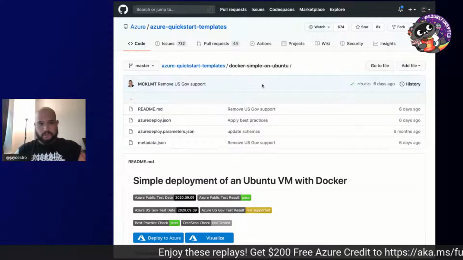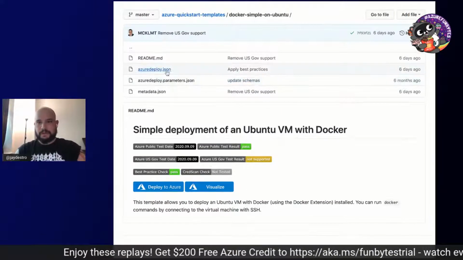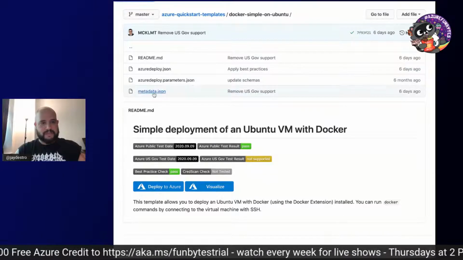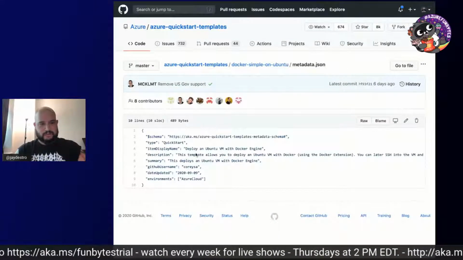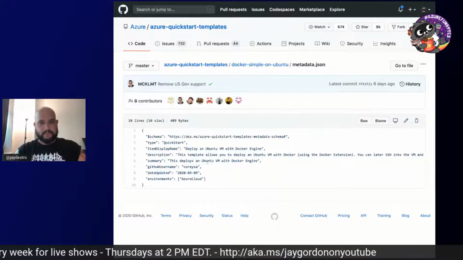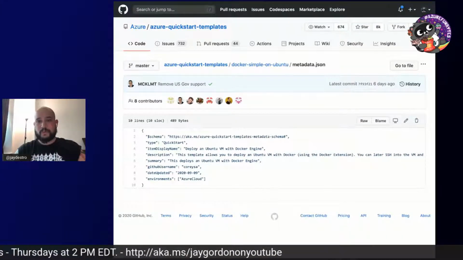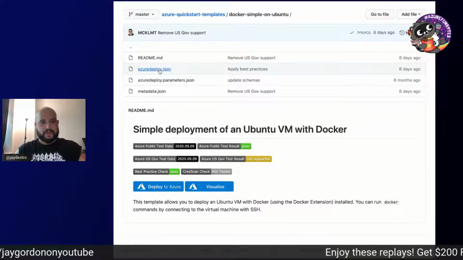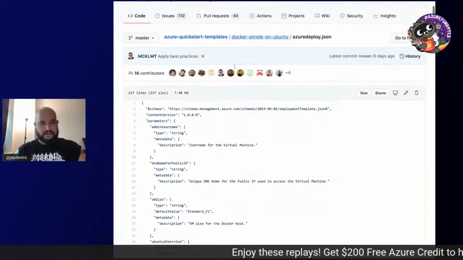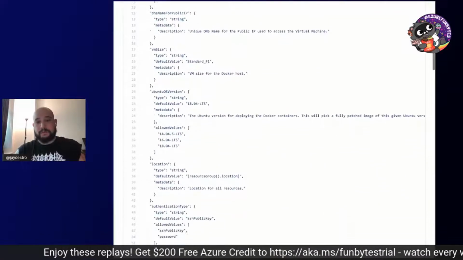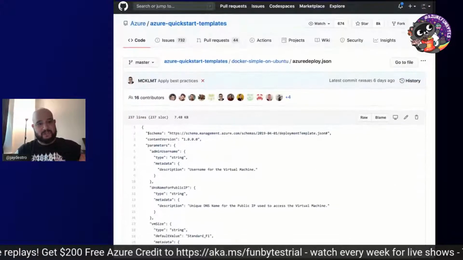And so what we can do is look at what makes up the contents of the ARM template. So we've got this metadata.json that just has some additional metadata, like his GitHub username and information about this particular template. Then we have the azuredeploy.json, and that is simply all the information that we want to pull up. So we have all these different values